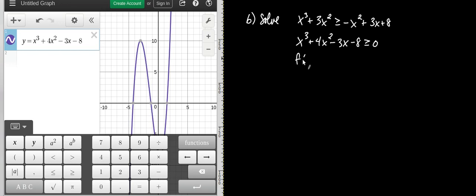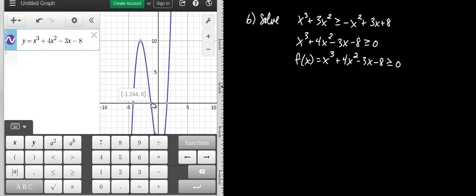And once again, we say the function is the left-hand side, x cubed plus 4x squared minus 3x minus 8. What we're asking for now is not intercepts, but we want to know when that function is greater than or equal to 0. So where the function is greater than or equal to 0, what does that mean? Well, f of x is basically the y-coordinate, right? So we want to know when the y-coordinate is greater than or equal to 0. And when does that occur looking at the graph? When is the y-coordinate positive? Well, from negative 4.26